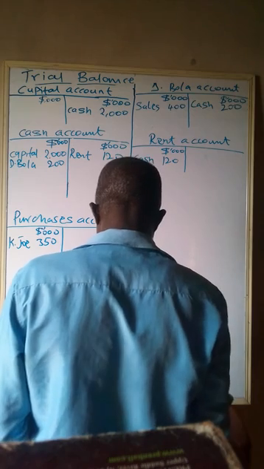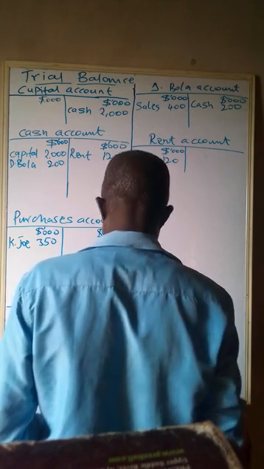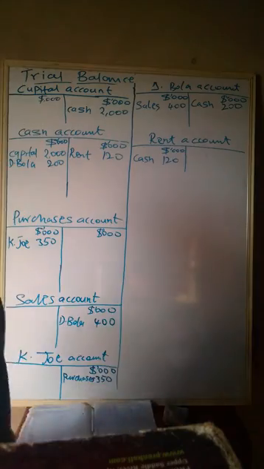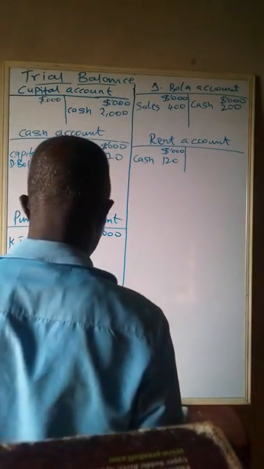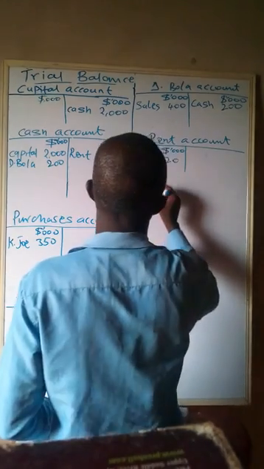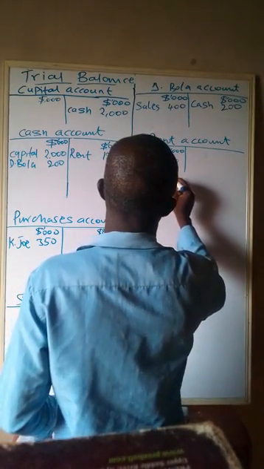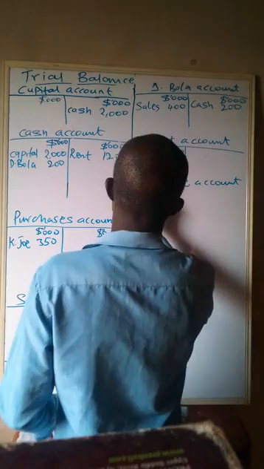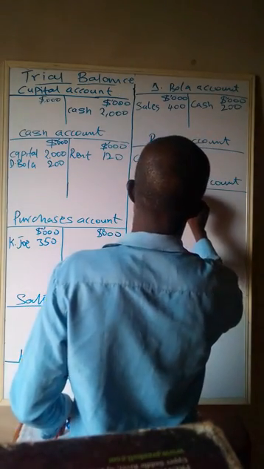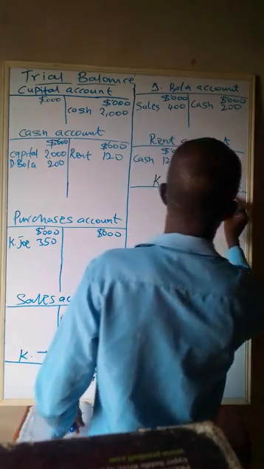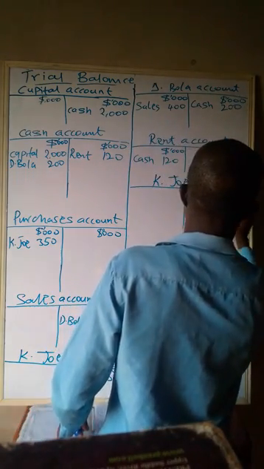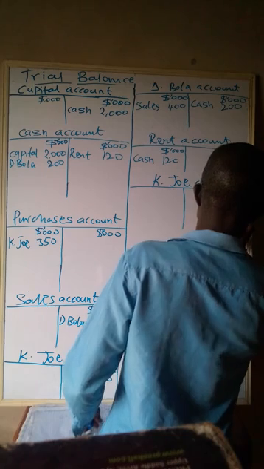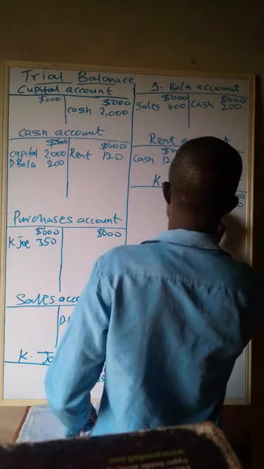Next, May 15, we paid Joe $170 by cash. We also bought goods from Kejo. This piece is small, so let me put Kejo here. Kejo account. Kejo is the seller. We credit Kejo with $350, and the corresponding entry is